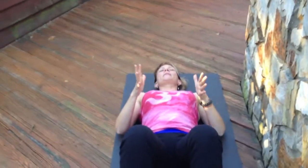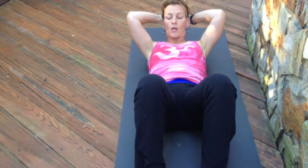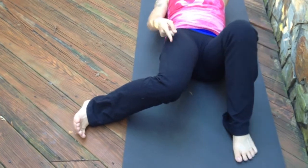So what you're going to do is lie down, spine long, everything nice and even on the floor. You're going to lift your head up and take a look at your legs. You're going to walk your right leg straight out to the side, making sure that your knee is in line